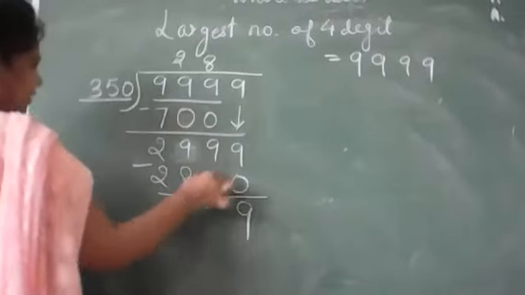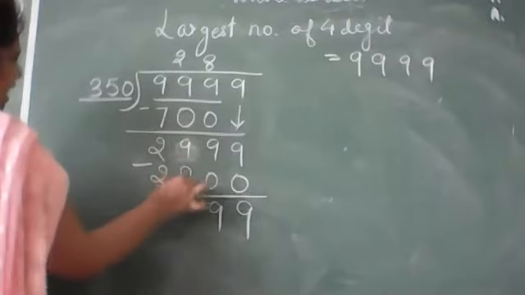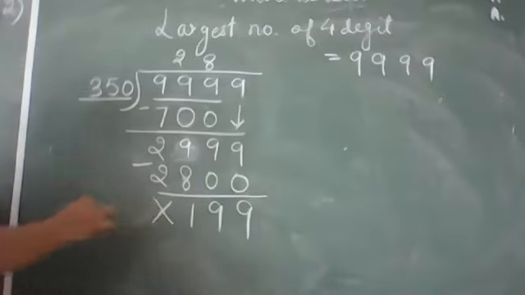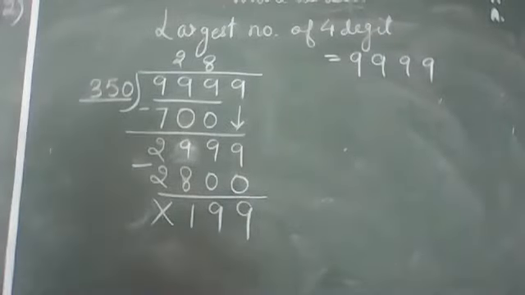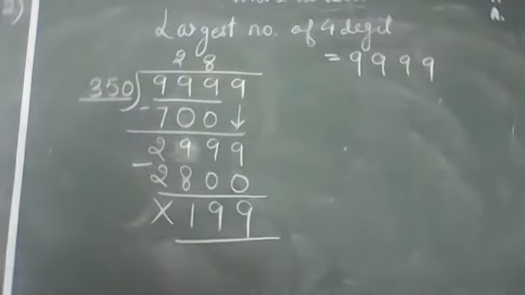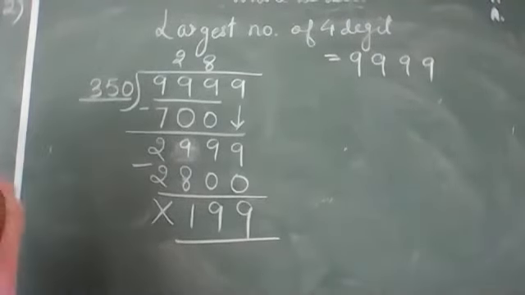It will give you 9. This will also give you 9. And 9 minus 8 will give you 1. 2 minus 2 will get cancelled, which will give you here 0. That is cancelled over here. Now what can you see, beta? You are seeing that it is not completely divisible.